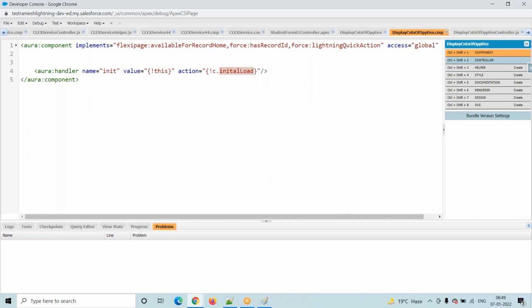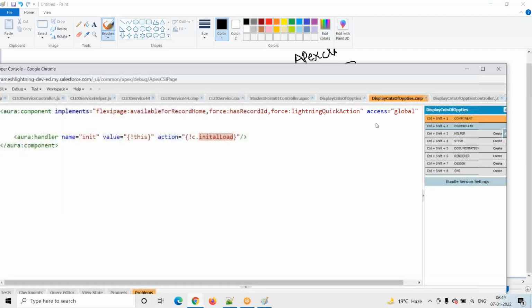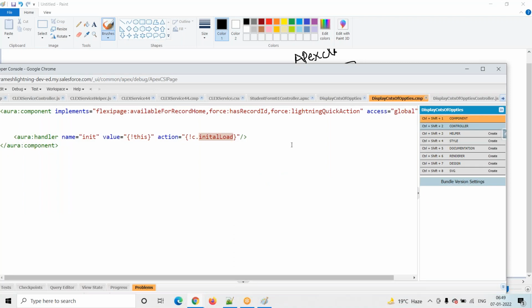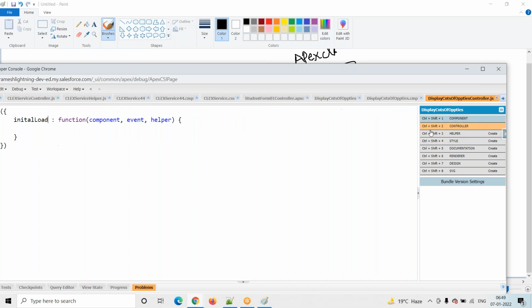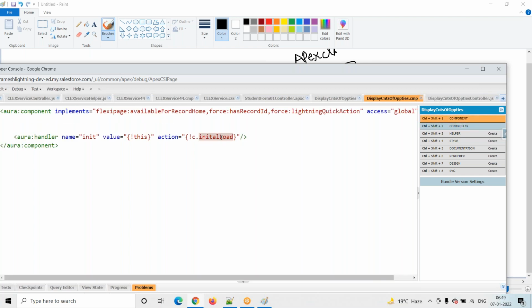first it will go to this Lightning component. See here, this is my Lightning component. In this Lightning component, how many lines of code you wrote doesn't matter. Suppose we are using a handler, the system will first execute this handler. In the handler, what will it execute? Here we are specifying the action, right? Action means method, or function. Where is this method? In the controller level, we have this method. It will go and execute this particular method.